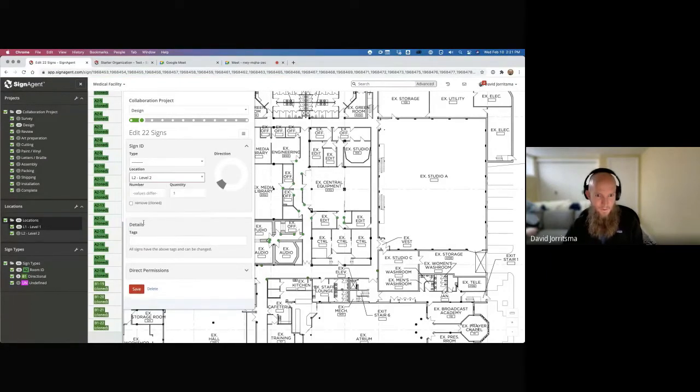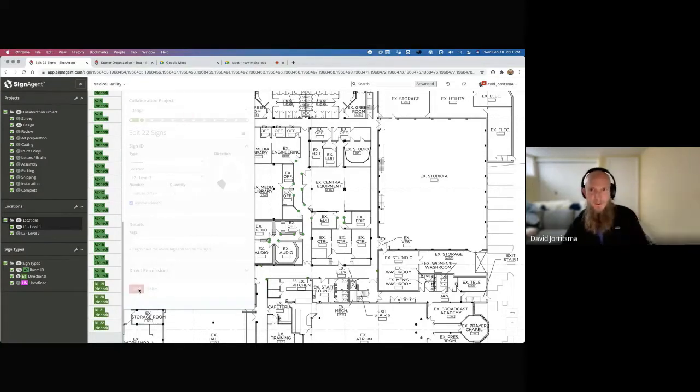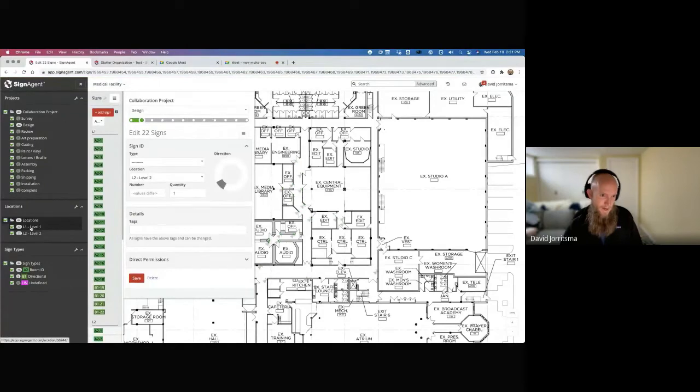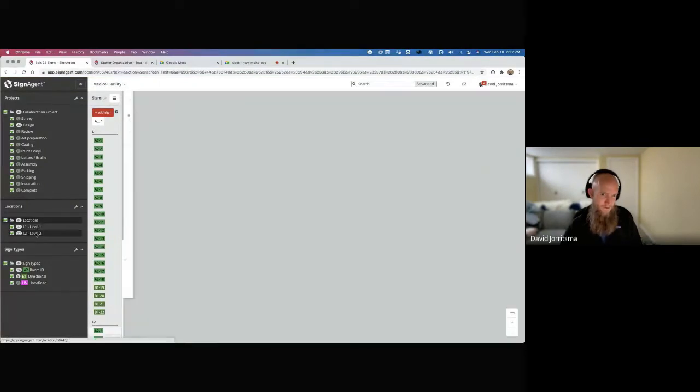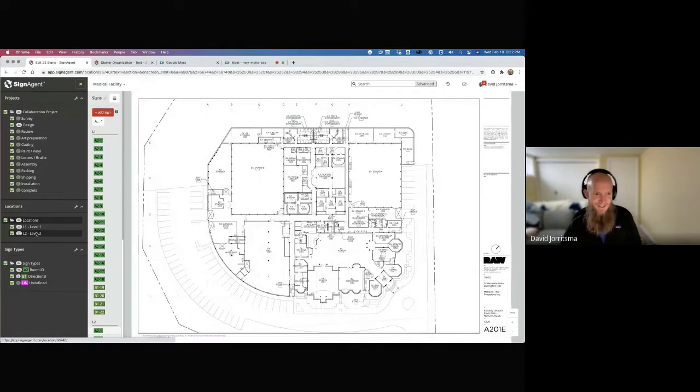And I can now move those all to level 2 and then mark, and I'll say we want to remove the clone now because I'm moving it up to level 2. And then it will go and reflow, or it'll move them up to level 2. And so now we have level 1 and level 2, and they're going to look literally identical because they are identical. And then if I go back to my